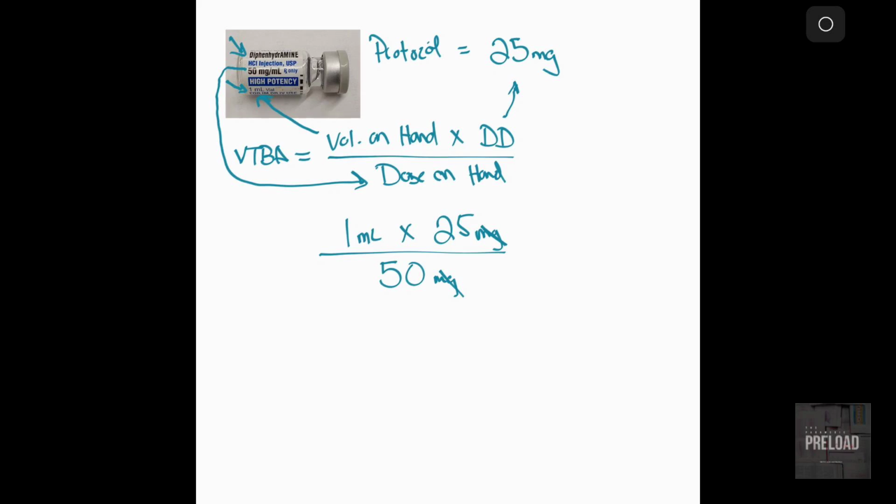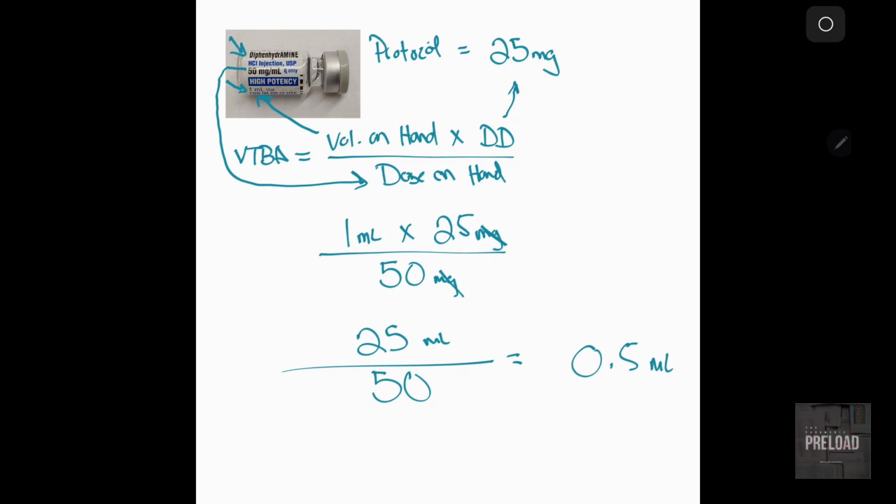Or you can just punch in your math and know that the answer it gives you is going to be volume to be administered. So if we do 25 times 1 ml, to break it down, that's simply going to be 25. We carry that ml over if you want, and that's going to be over 50. And so 25 divided by 50 is going to equal 0.5